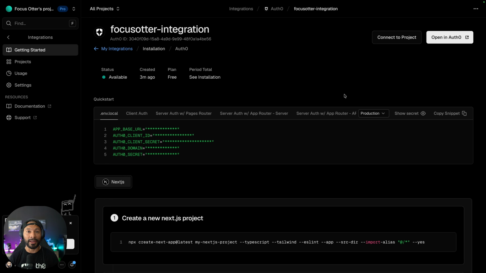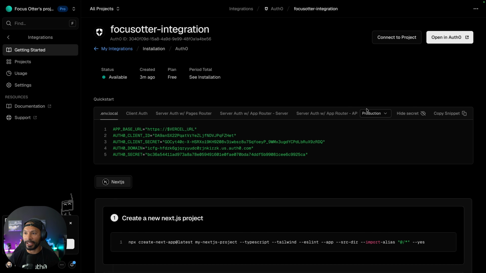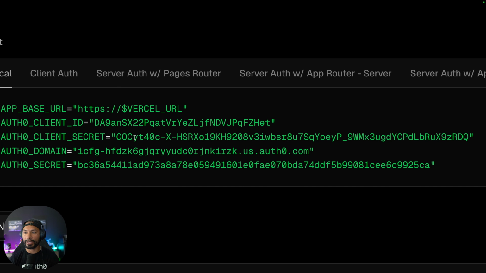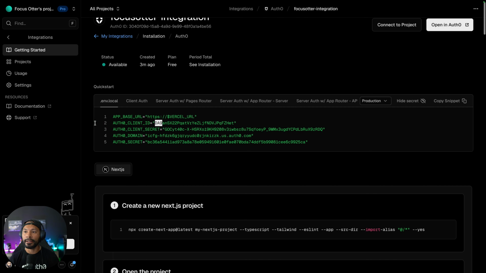Now, just to verify that, and because I am going to delete this application by the time you see it, I'm actually going to show the secrets that are available here. You can see that I have this client secret starting with GOC, and then a client ID of DA9. And if I hop over into the Auth0 dashboard and switch to that production tenant, let's see what